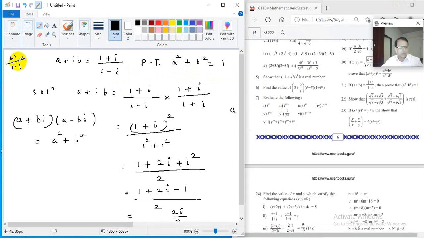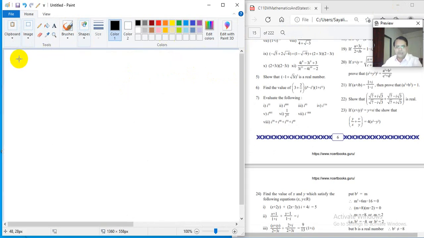Now next to this we will solve certain other problems also. I hope you understood. It is very simple, depending on equality of complex numbers. Now problem number 22 from exercise 1.1. See what is that? Root 7 plus I root 3 divided by root 7 minus I root 3,